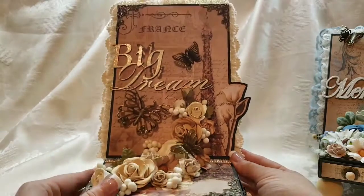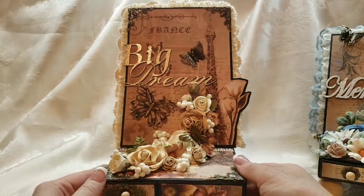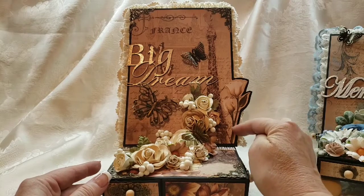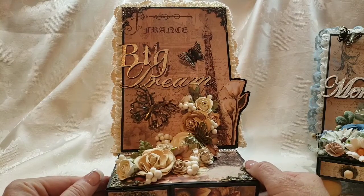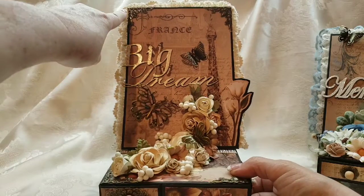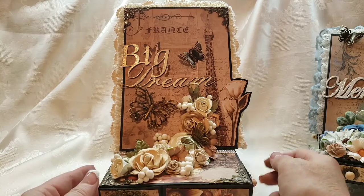box. And then I did this beautiful cascading flower cluster. There's flowers actually on the paper, and that's what motivated me to create this flower cluster. I love this beautiful flower here too, and you can see how I fussy cut around it to keep it on the project. So what I did was I added 2 layers of cotton crocheted lace on the back. I added vintage corners at the top, and then right here on the bottom I added the beautiful